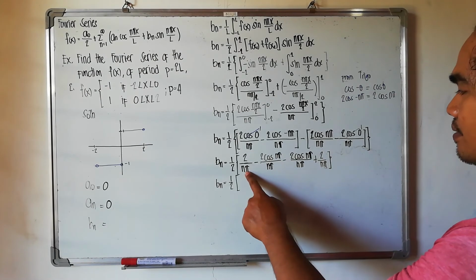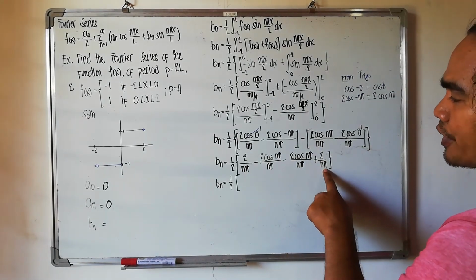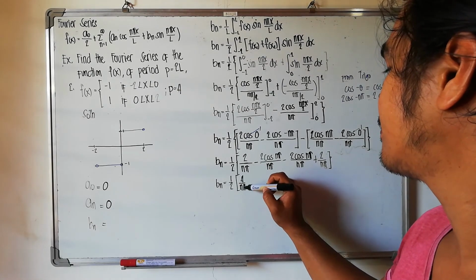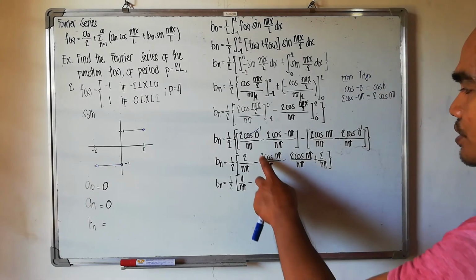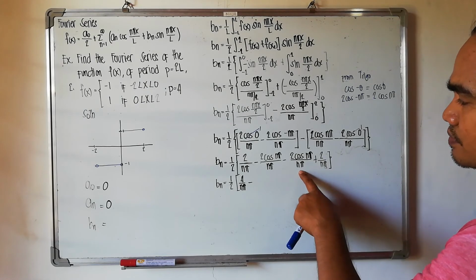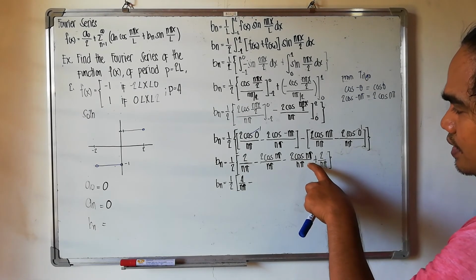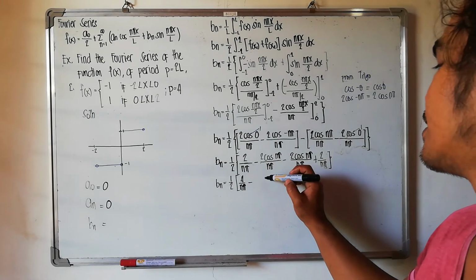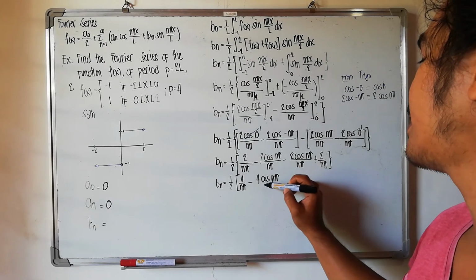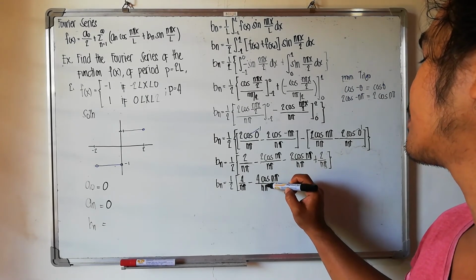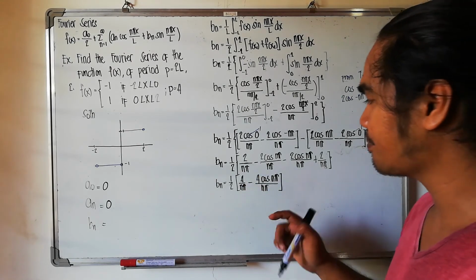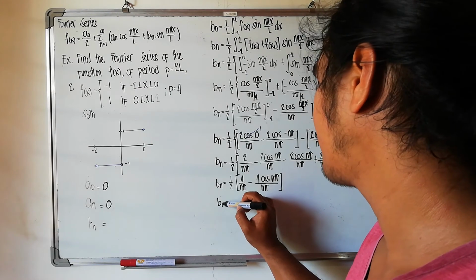So 2n pi plus 2n pi, so that would be equal to 4 over n pi, sorry. Minus 2 cosine n pi over n pi minus 2 cosine n pi over n pi, so that will be equal to 4 cosine n pi over n pi. Factor out the common. The common is 4 over n pi, so that will be b sub n is equal to